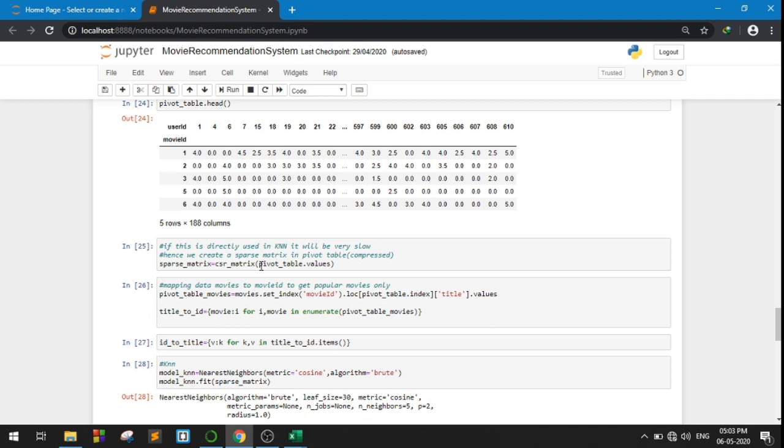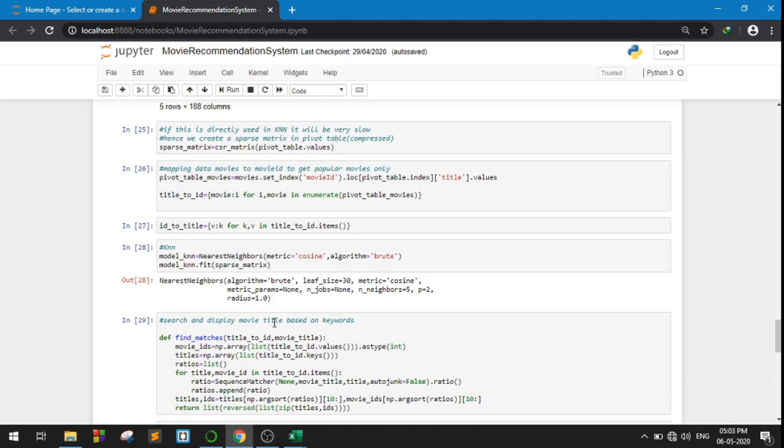Next we create a sparse matrix, because if you directly use KNN it will be very slow. Hence we create a sparse matrix, and also KNN is a lazy learner. Next we do a direct mapping of movies to get popular movies only.